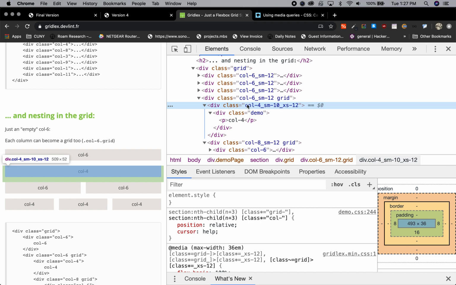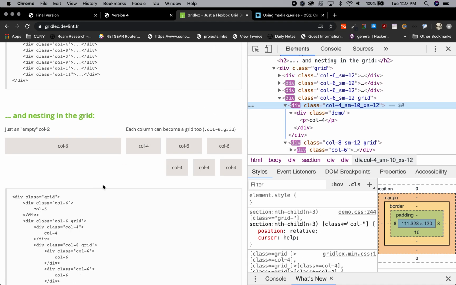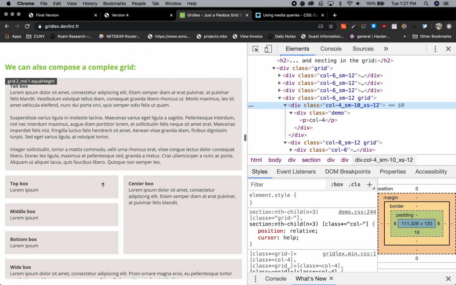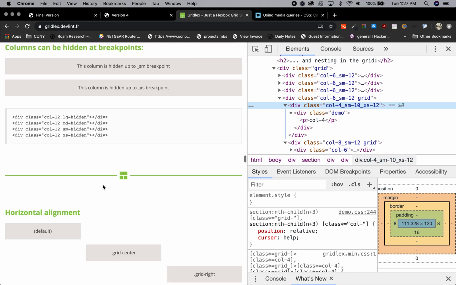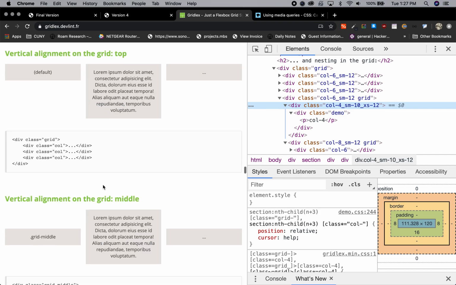So the idea is, the default is, hey, have it take up 4 columns. But as you get to a small screen, have it take up 10 columns. As it gets to an extra small screen, have it take up all 12 columns or the full width. And we're going to be doing exactly that. And just to give you a sense of what those numbers mean exactly as part of their media query system and how a media query works, which we're about to get to,